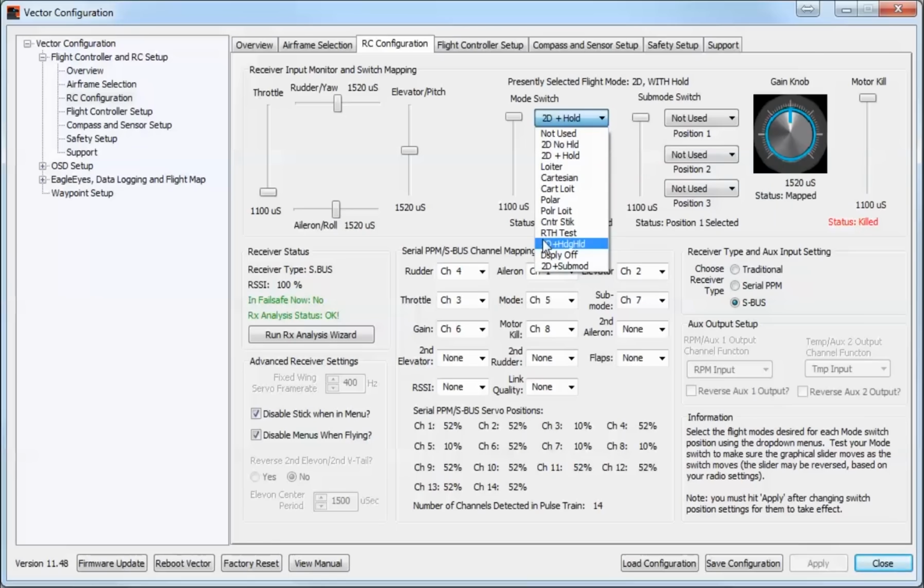3D plus HdgHld mode is the most advanced of all modes. This is basically manual flight. You are controlling the multi-rotor, you control its attitude, and you control its stabilization. So if you were to take off and you fly out 100 feet, if you push forward on your pitch,